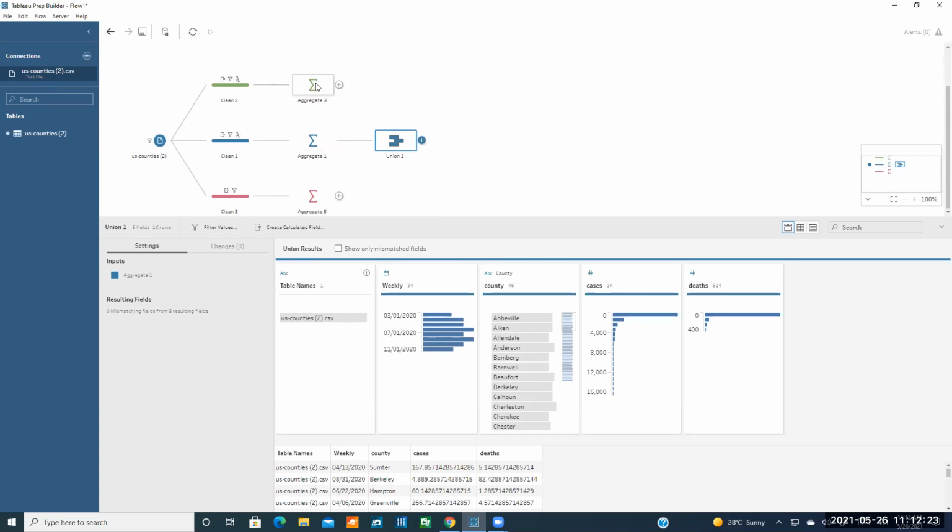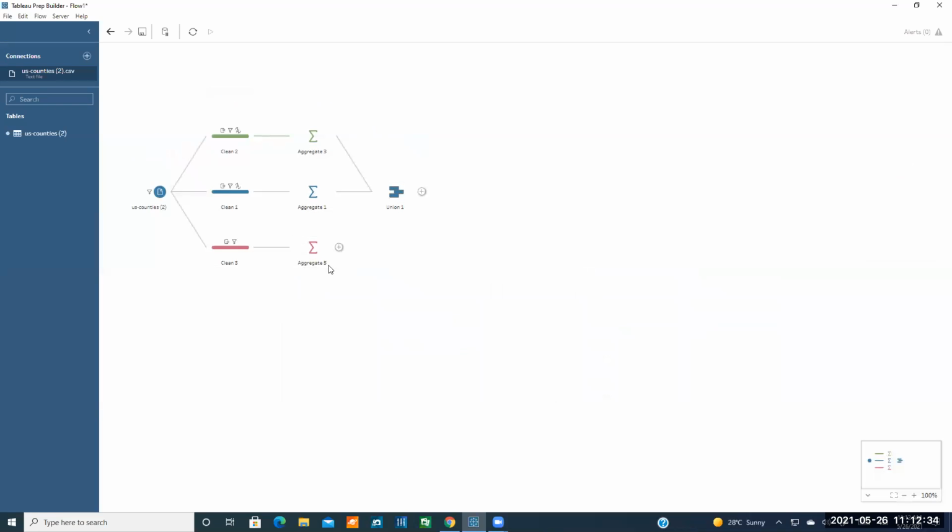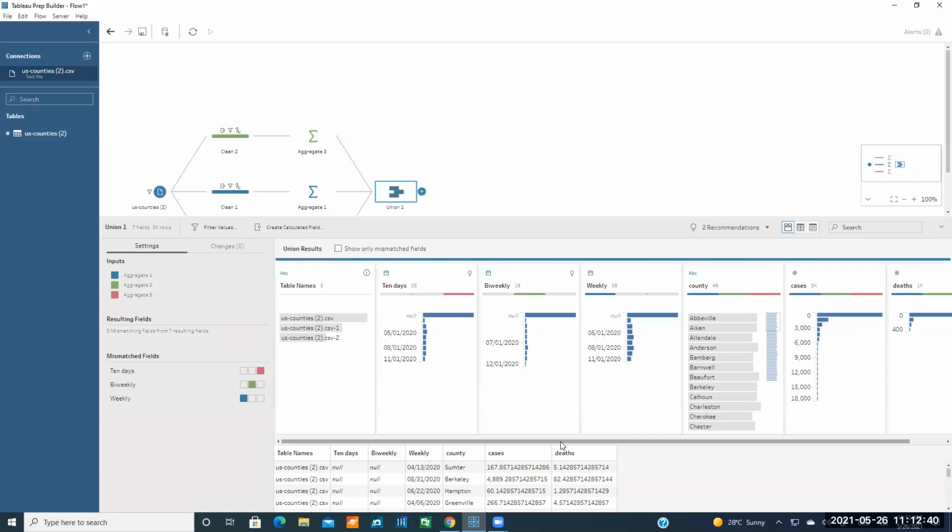And in order to connect these two other aggregations to this union, I would just drag and drop that, and also drag and drop to the add here. So you see that it unions the 10 days, bi-weekly, weekly,